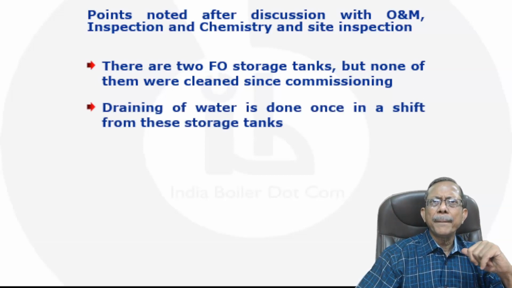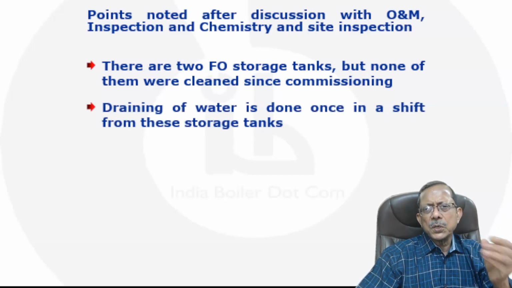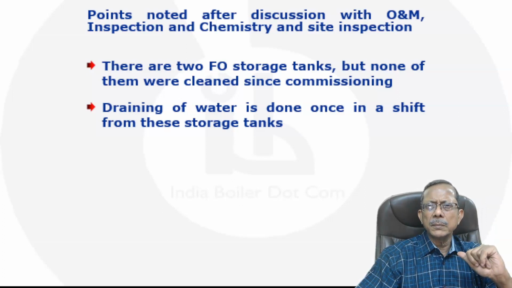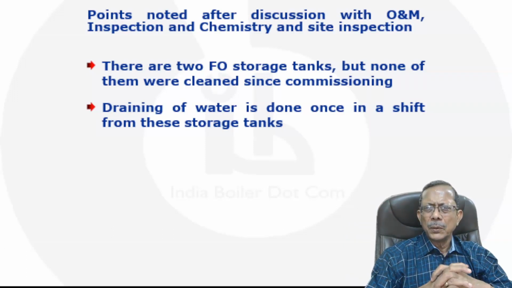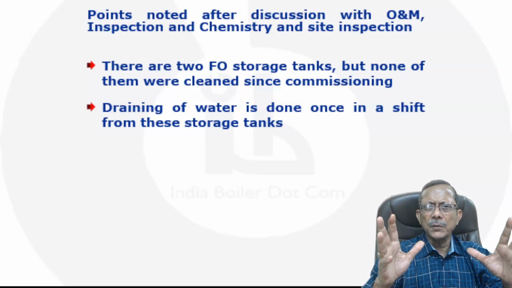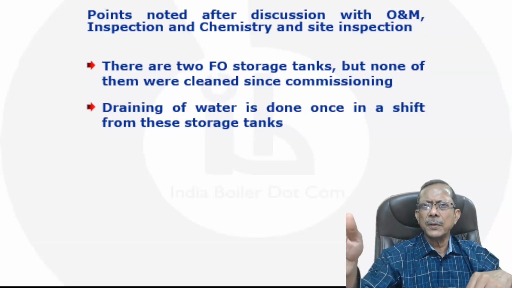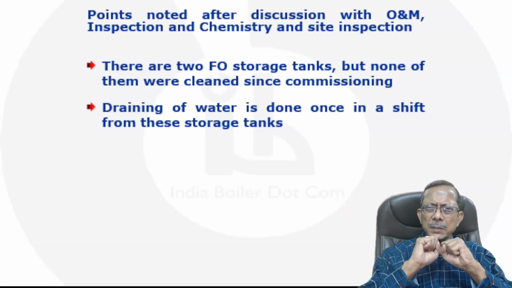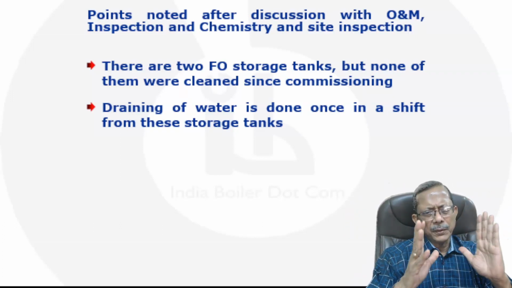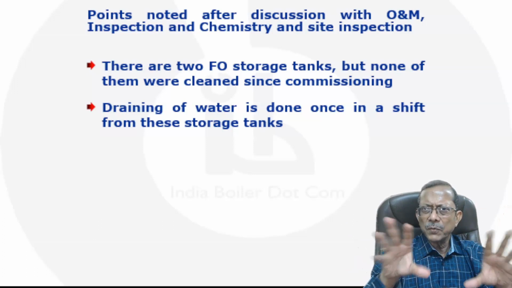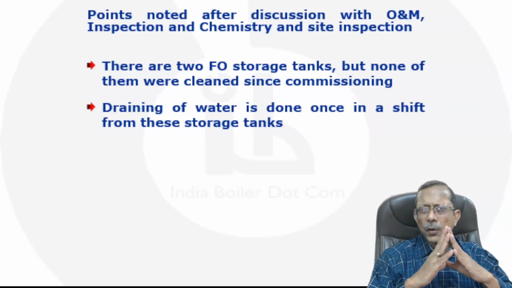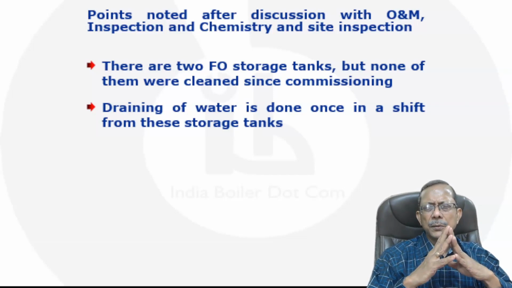So when I checked with them what the process of oil-water removal from the tank is, they are doing it once in a shift, and actually once in 3 shifts, right? They just open the valve, and when the water comes, immediately close the valve and done. FO has a strong possibility of water contamination, and if water comes with the fuel, it will always scatter the flame. I described the flame as going up and sometimes coming down, so it was a very erratic flame. This is a strong indication of water contamination in the FO. Okay,